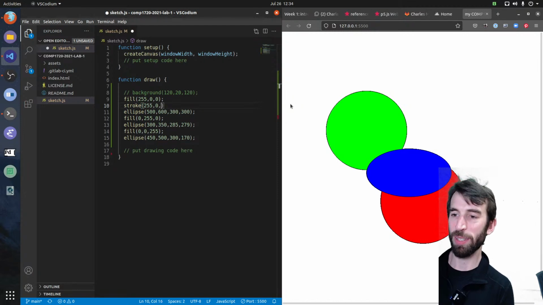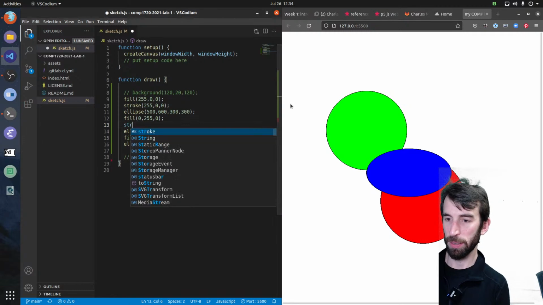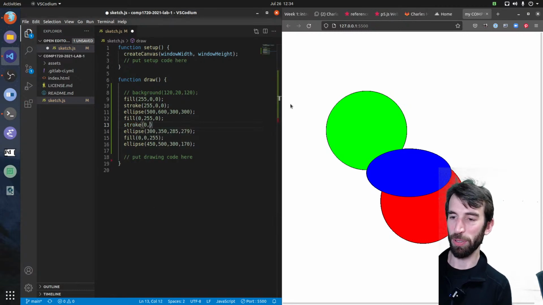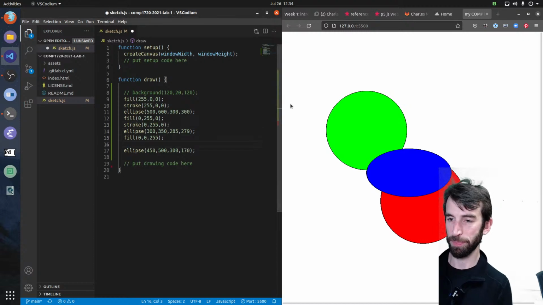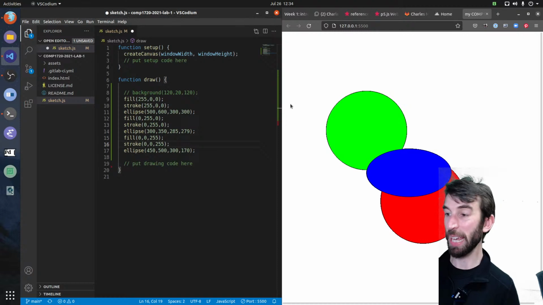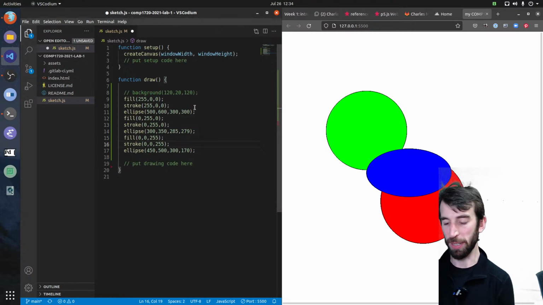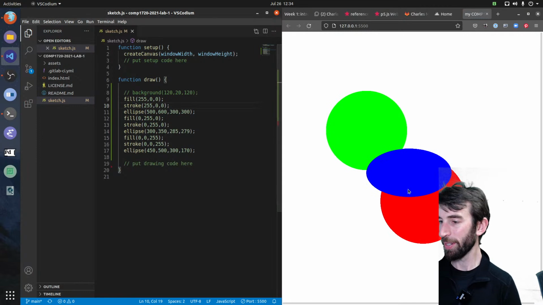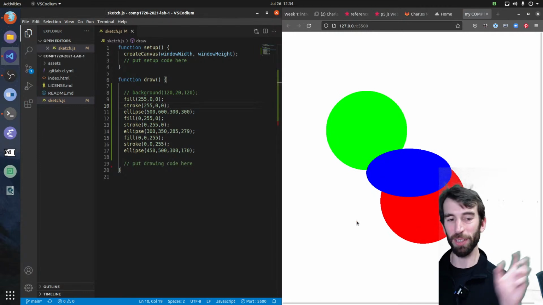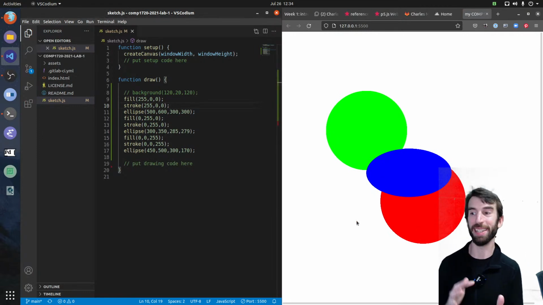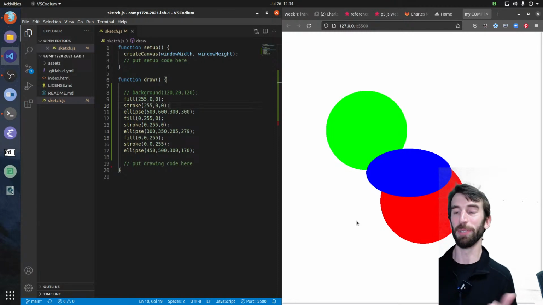255, I'm going to use a red stroke. And this is the color that it will use to color in the edge of the shapes. So I'm using the same color as the fill color. And when I press go, my strokes look like they've disappeared, but they're still there. They're just colored the same color as the fill color.